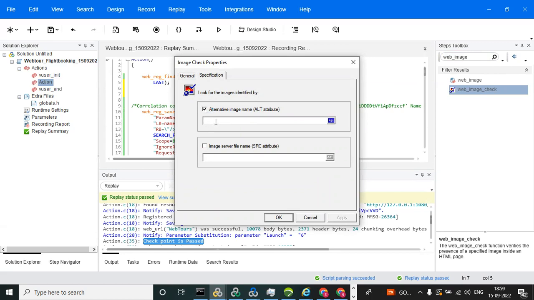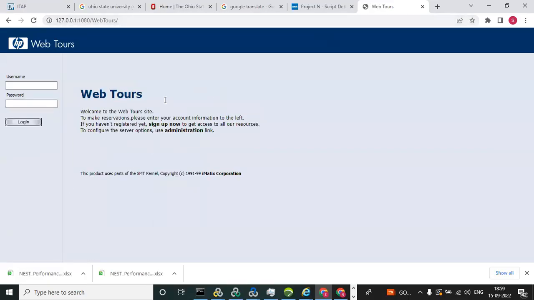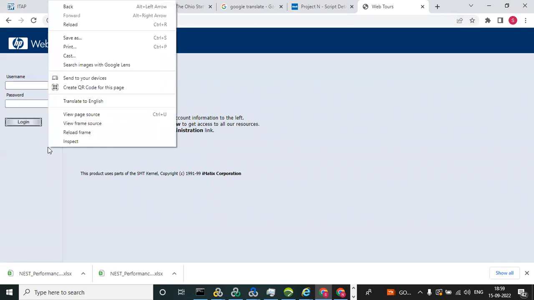So I'm giving for the language, and here image source will be there, right? Image source is nothing but you need to pick from the application. So you can go here, and we can log off. We are giving for which page? Launch page, right? You can click on this, click on view page source,